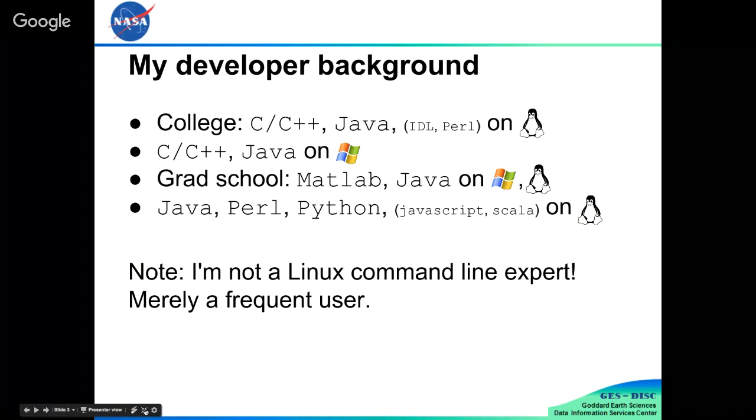Then I was back in grad school for quite a while, and that was on Windows, and our servers were Linux. And then back here at Goddard, it's been programming basically exclusively on Linux. So I've used Linux a lot, but I am not an expert, and I've never been a sysadmin. I've been an end user.